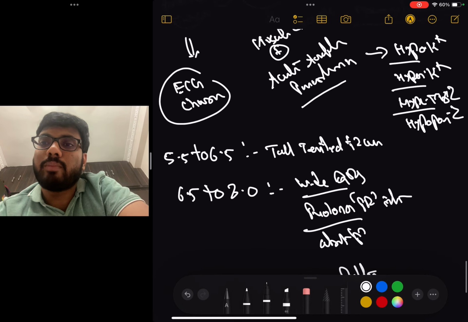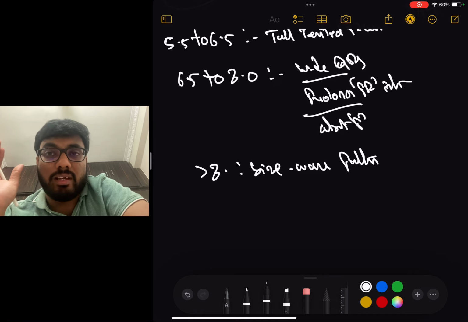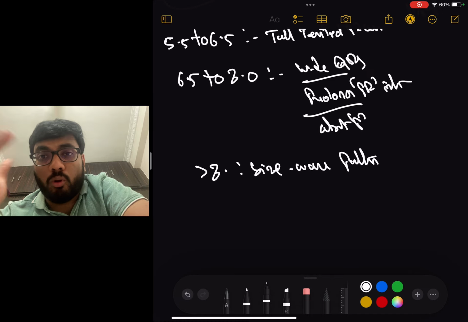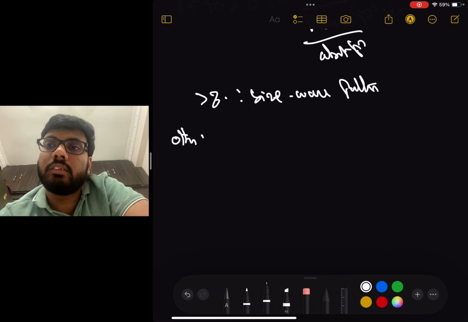Okay, these are the ECG manifestations. Of course, hyperkalemia can produce any ECG manifestation. These are the common things: tall tented T waves, wide QRS, absent P wave, prolonged QT interval, and sine wave pattern. But other ECG changes which can be seen are